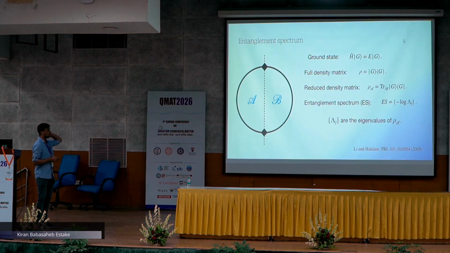Okay, so this was about Pancharatnam's winding number. Our bigger goal was to establish or to study the bulk-boundary correspondence in interacting systems. So we defined a bulk invariant. Now we need something to characterize the edge physics. This is the quantity which was defined by Li and Haldane in this 2008 PRL paper. The entanglement spectrum is simply the eigenstates of the reduced density matrix of some part of the system. You take periodic boundary conditions, you trace out half of the degrees of freedom, and you diagonalize the density matrix of the remaining system.